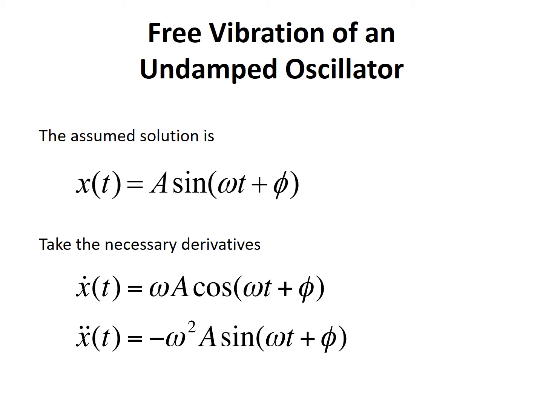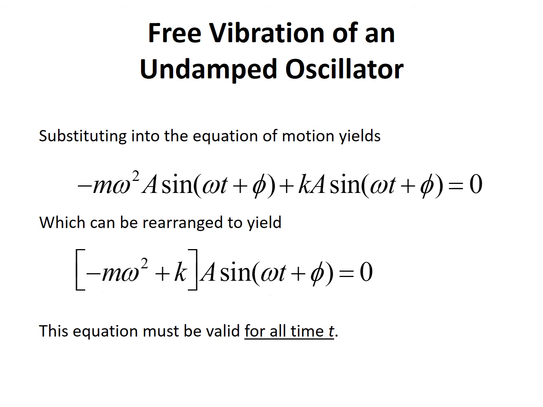If you take these two solutions and substitute them into the equation of motion, it yields the equation shown at the top of this chart: minus m omega squared A sine omega t plus phi plus k A sine omega t plus phi equals 0. Now you can rearrange this equation by noting that the A sine omega t plus phi is common, and you can rearrange it to yield minus m omega squared plus k times the quantity A sine omega t plus phi